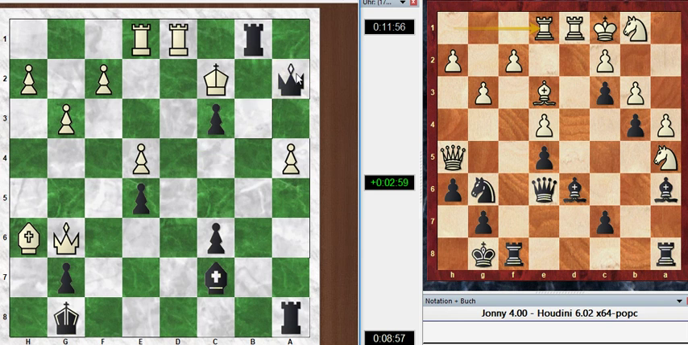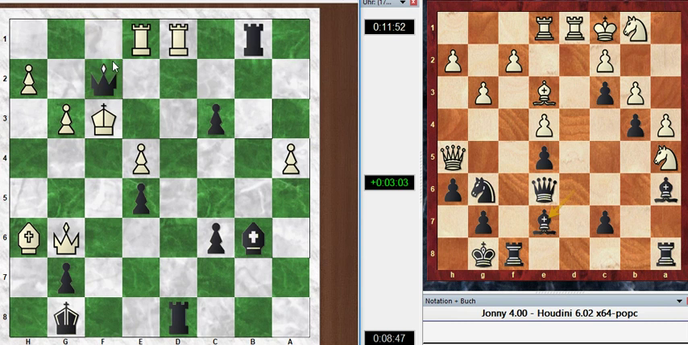Probably queen there is better. Okay, let's say you don't take. Let's say you go there. Rook here check, only square. Bishop there, and this is mate. So